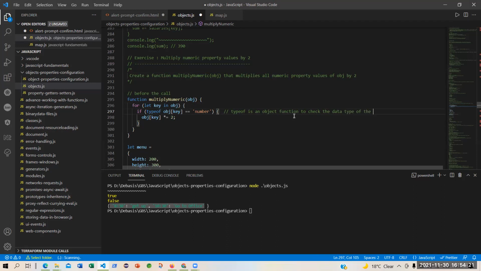Of the property or the key. Okay. So type of object key, obj is that object, and you are to determine the type of, which is sort of a function. You say type of object key.